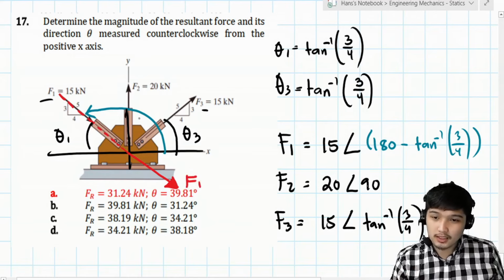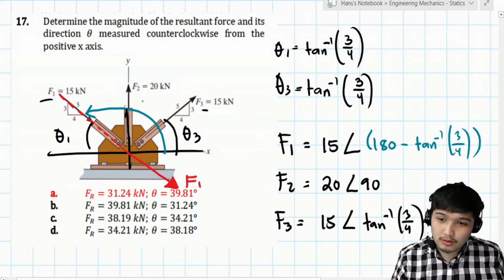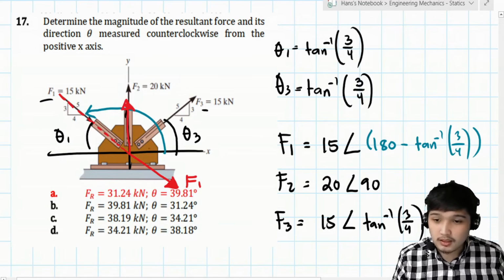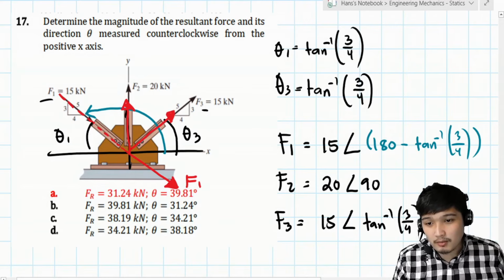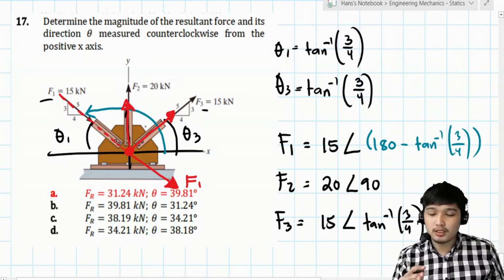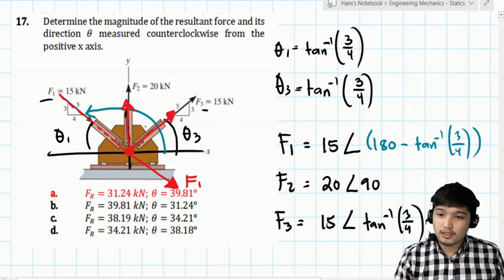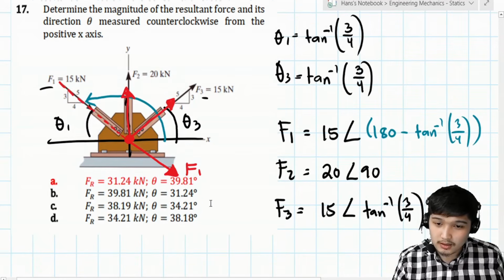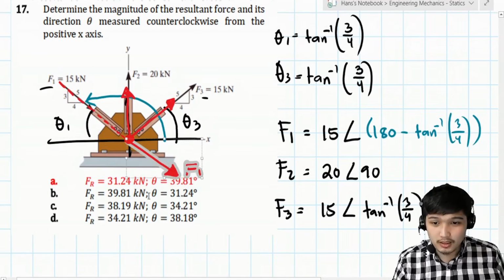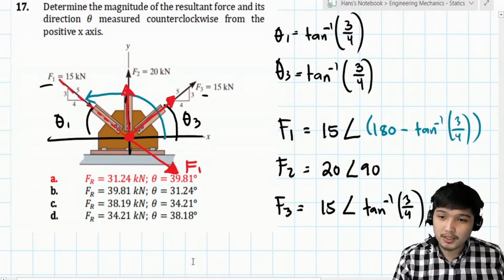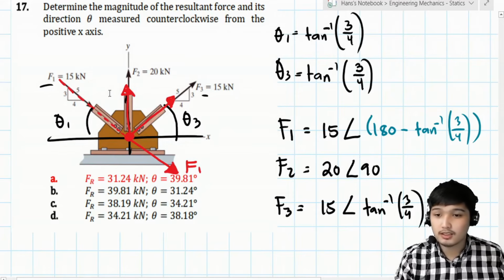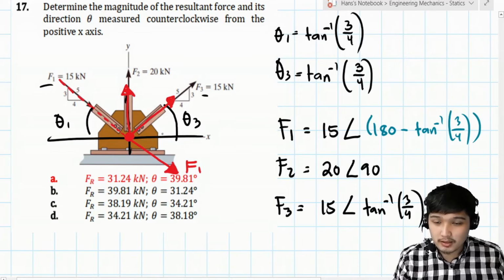Pag ganon. Kasi kailangan magkakasama yung mga tail ng mga forces. So, diba ito yung F2, no, pataas. Ito yung F3. So, kailangan at the same point yung mga tail nila. Okay, kasi dito yung F1 is pababa. So, dalhin lang natin siya dito sa baba, class. Nakuha nyo ba yung ginawa ko? Dapat nandito siya. So, kung nandiyan siya, ang dapat na angle niya ay hindi ito. Hindi yan yung angle niya. So, delete natin yan. So, ang angle niya from the positive x-axis is